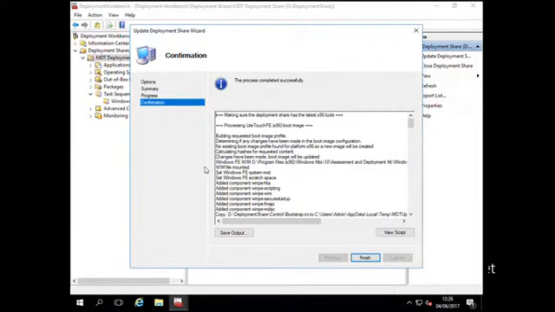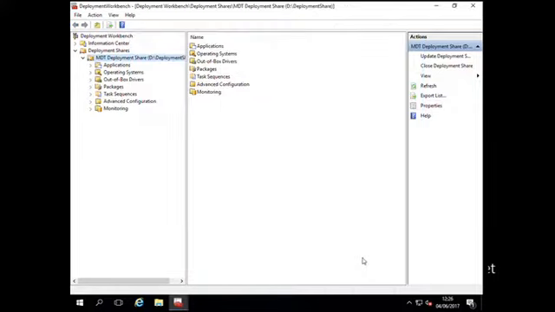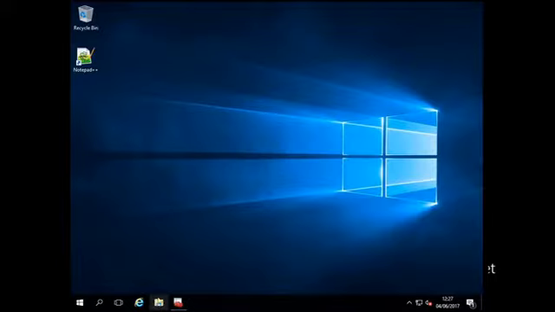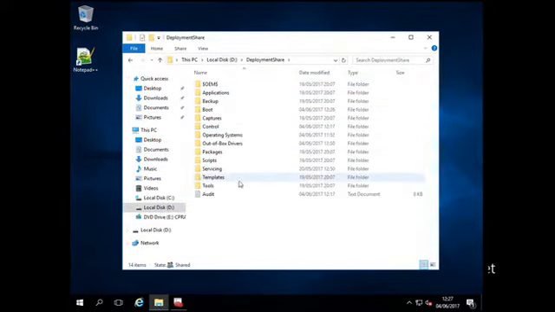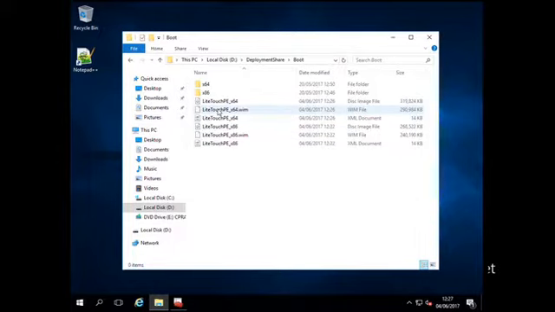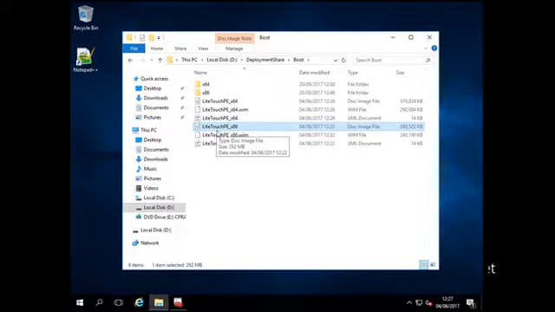Okay guys, so you can see this has completed its process. So let's just take a look at what it's actually done. If I minimize MDT and go to my D drive, to my deployment share, and if I go to my boot folder, I will find these two: Light Touch PE64, Light Touch PE86. Now, these two files here